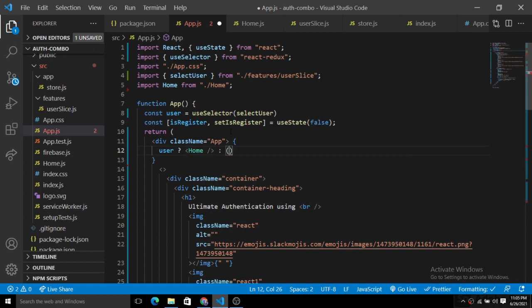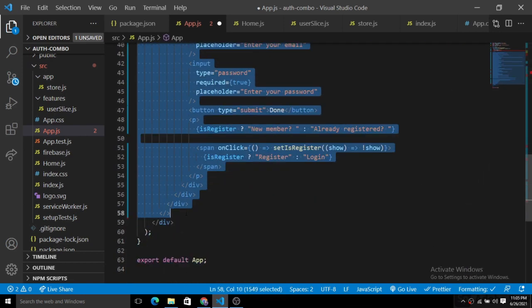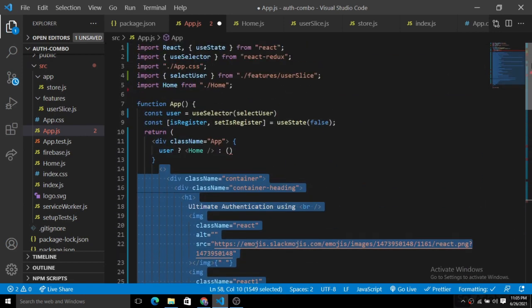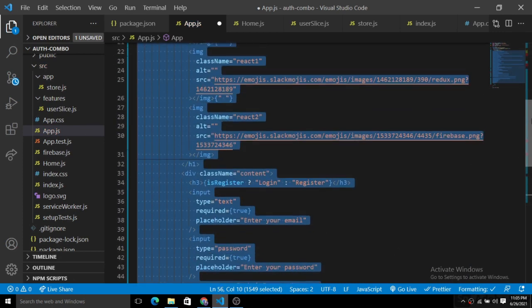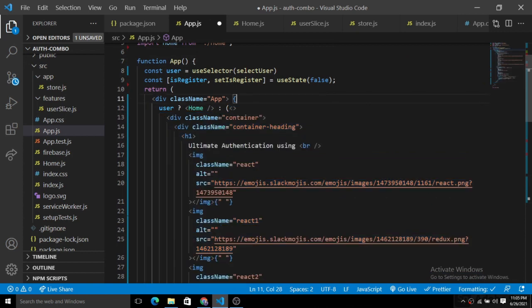Otherwise just render this component. So just grab the whole thing and put it inside of this. This is how we will create the user state here. If we have the user, meaning the user is logged in, then render the home component. Otherwise throw the user to the login component.